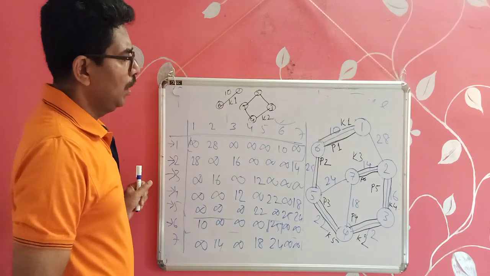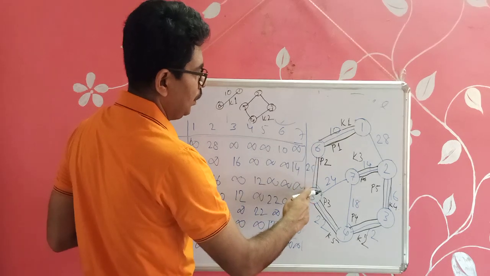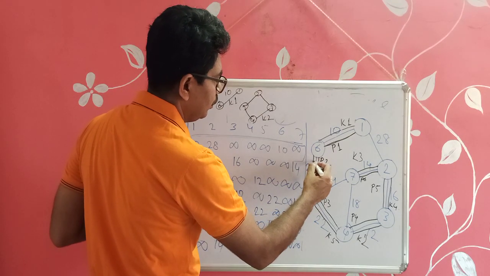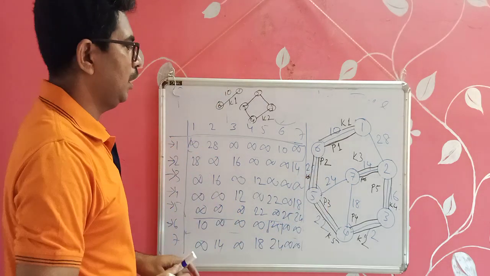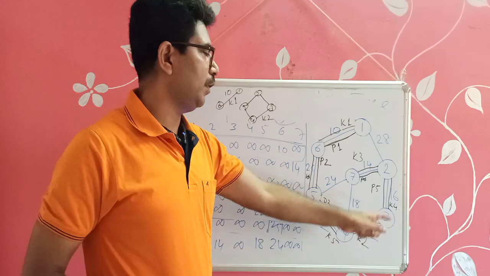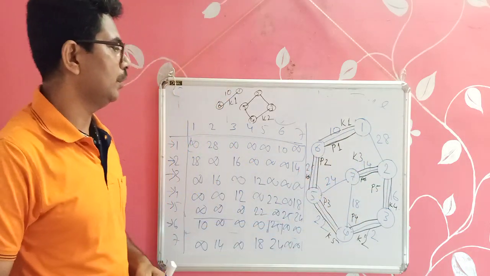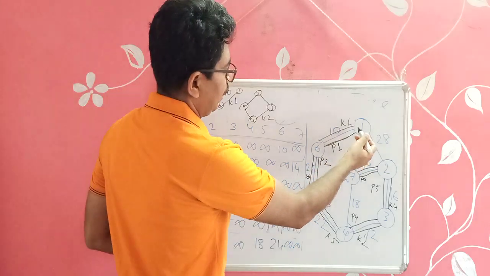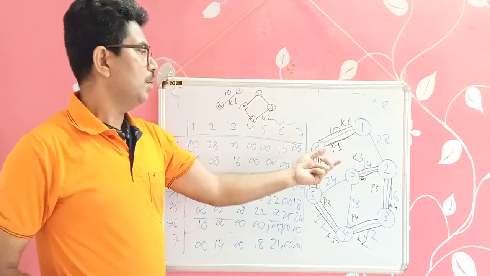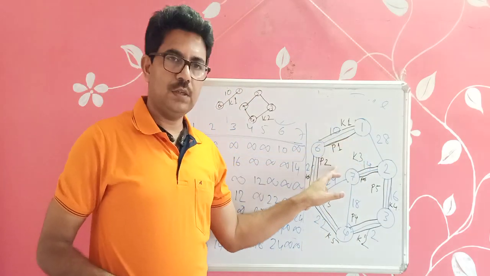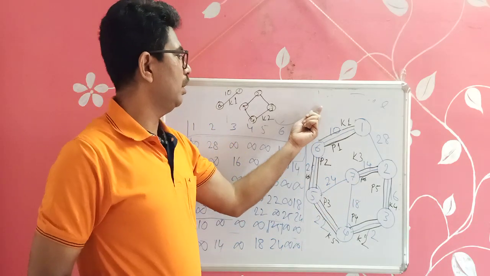Then among these two, this is the minimum. So K6 will select this edge in the 6th execution, and we check that we have got 6 edges to connect 7 vertices, and we will terminate the algorithm. In this way, we can find the minimum spanning tree by applying the Kruskal algorithm. So by applying Prim's and Kruskal's, we can find the minimum spanning tree for a given graph.